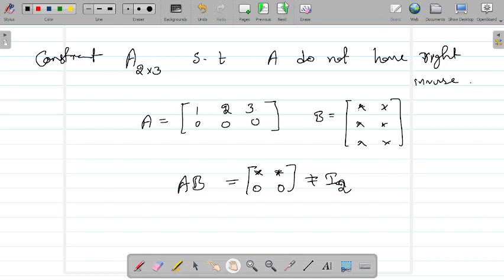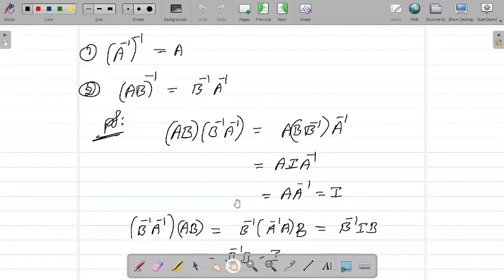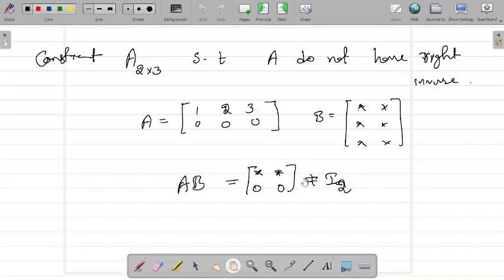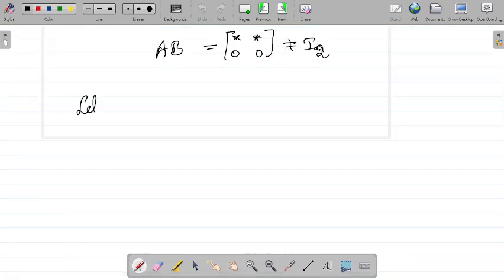Okay, so I hope it is enough about left and right inverses of these rectangular matrices. Did we prove this result, (AB) whole inverse is B inverse A inverse? And let me conclude it here. See, if you have a matrix A for which it has both inverses, definitely it is going to be a square matrix. There is no doubt in it, right?